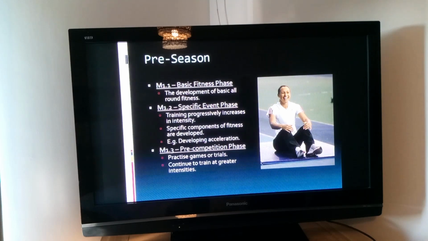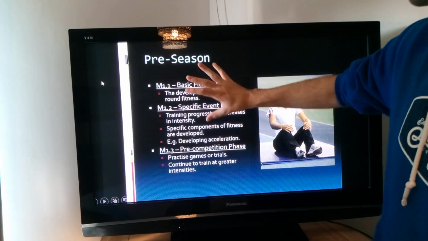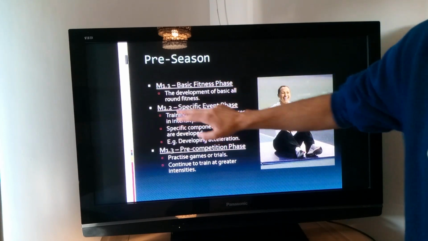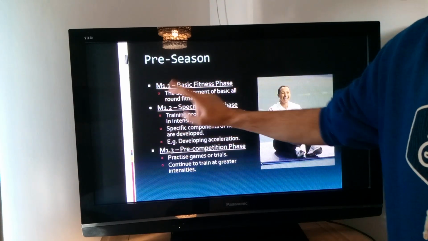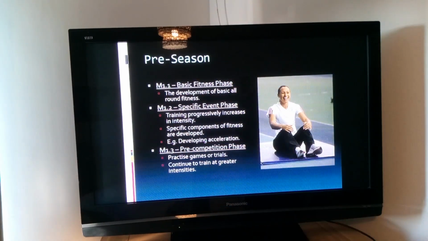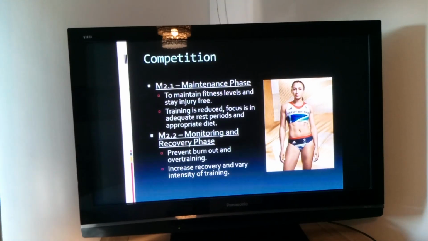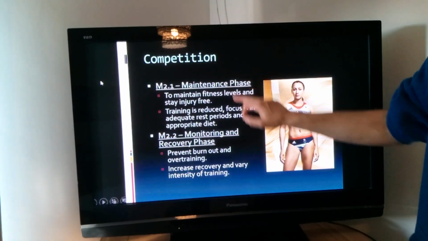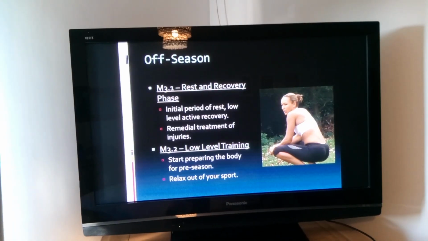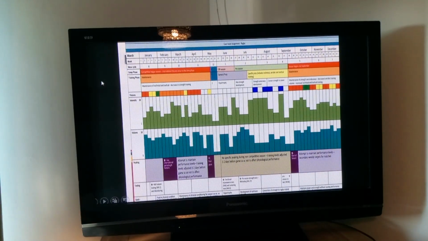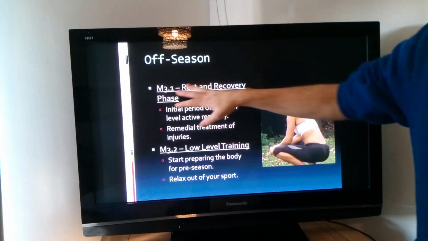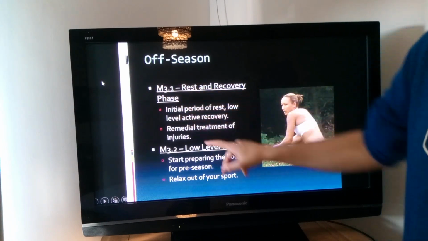Now in each one you have these different ones. I'm not going to talk through all of them, you've got this on the PowerPoint, you can go through and add this into it. But it's basically talking about what you would do in each subsection. So these are our mesocycles that I've just talked about before, in pre-season, in competition season, so maintaining, monitoring, and then in our off-season what we do. So you've got this PowerPoint that you can work through to fill in your booklet, and it's just knowing what the different mesocycle sections are.